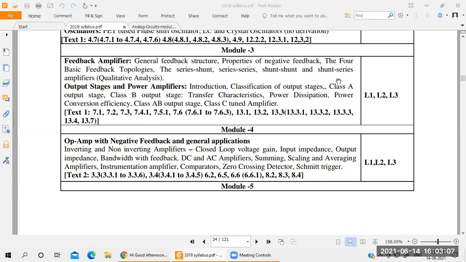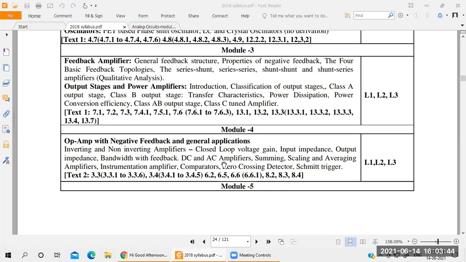So in model number 4 we will discuss different topics. The first one is the inverting and non-inverting amplifier. This is very important. These are the basics. Understood? If you know about inverting and non-inverting amplifiers, then it will be very easy for the derivations. Suppose you don't know about inverting and non-inverting amplifiers, then it's very difficult for the derivations. But remember this one.